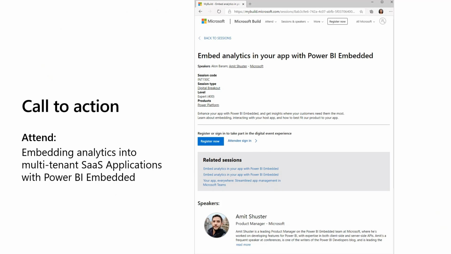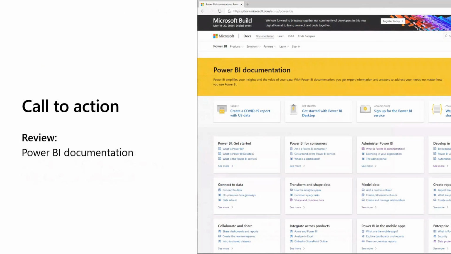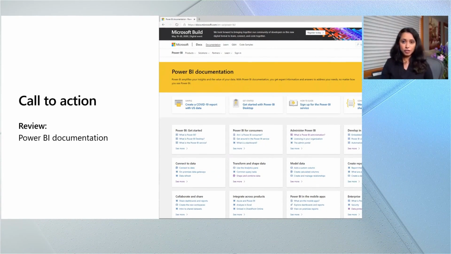And one last thing I do want to wrap up with: we have everything except for things that are coming later this summer. We have great documentation available online where you can get started if you're new to Power BI. And if you're already a Power BI pro or a data engineer that's been using Power BI with all of the other Azure data services, you will find lots more documentation here as well.